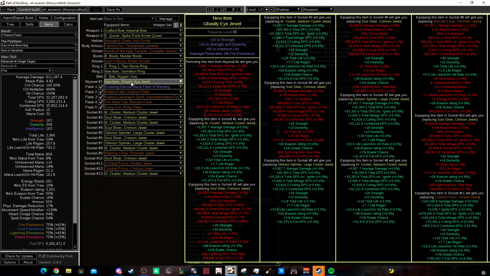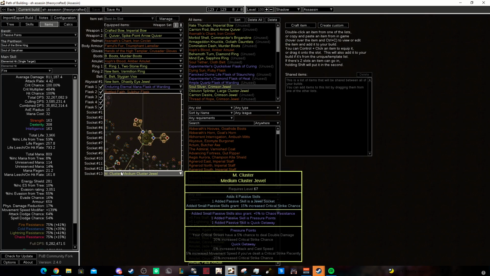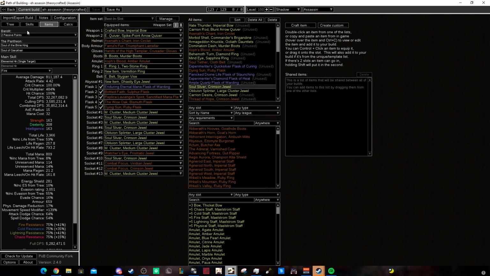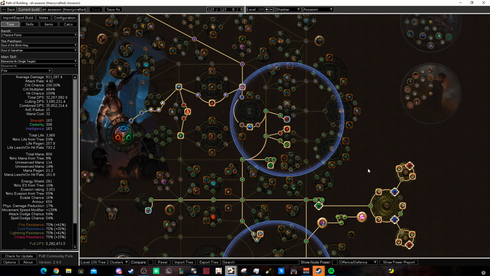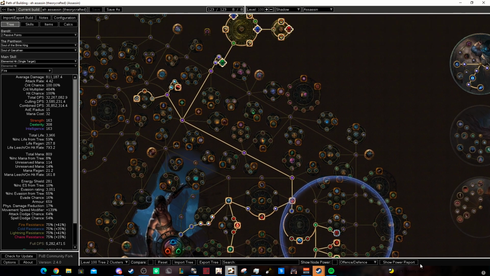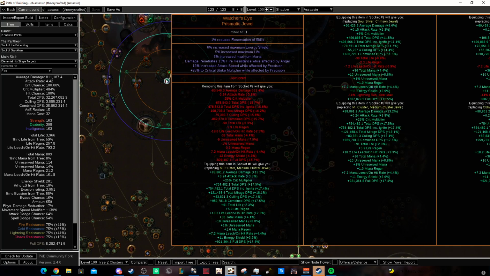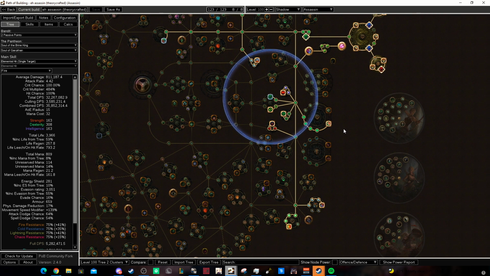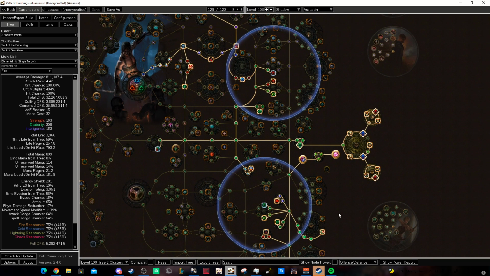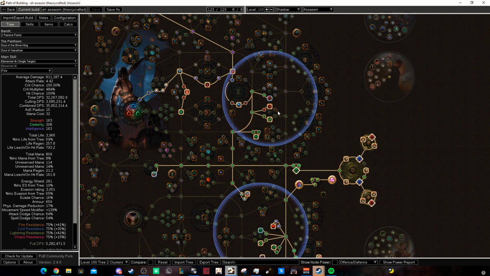So I would actually love for you guys to leave recommendations in the comments of how I could improve this. Because I'm pretty tight on life, as I already said like 25 times. But it's very hard for me to get some, because I pretty much get it wherever I thought I could. Like, for example, I have a lot of life nodes on the tree. I could potentially...